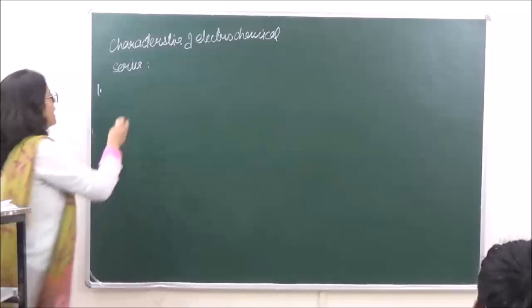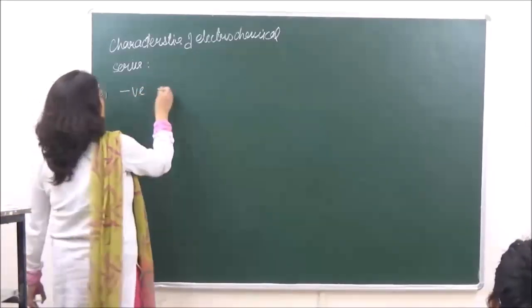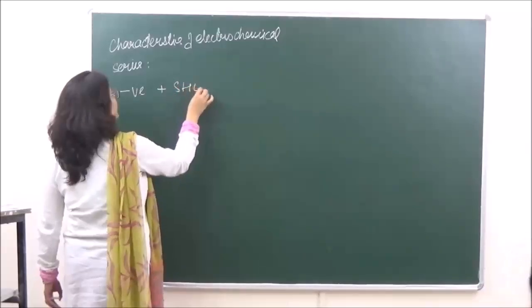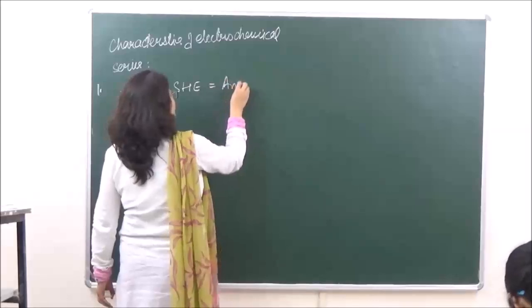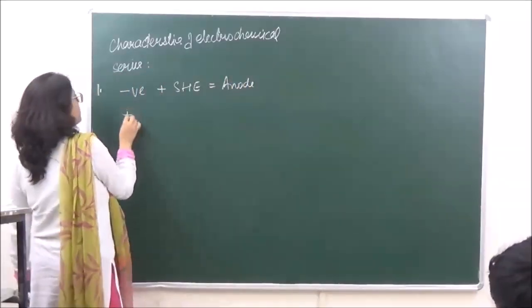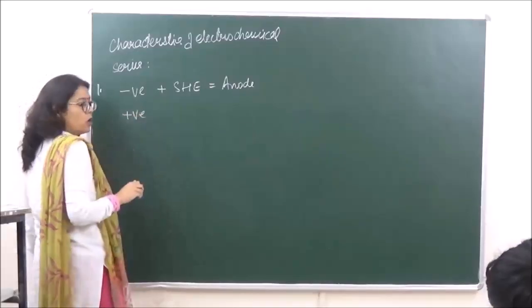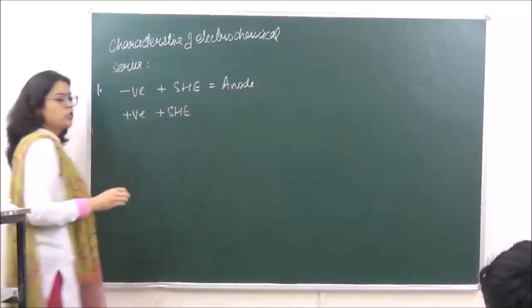So if we have a negative reduction potential and connect it with SHE, the electrode acts as the anode, whereas if we have a positive value of electrode potential and join it with SHE,